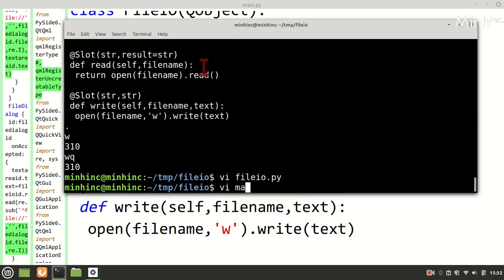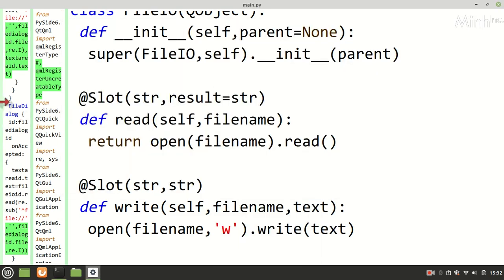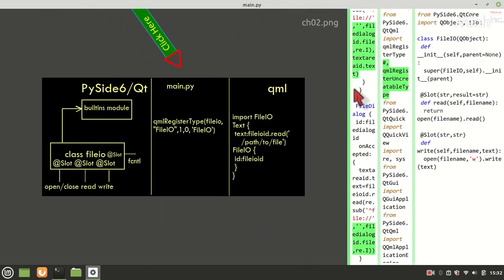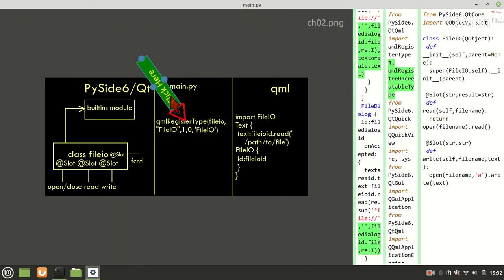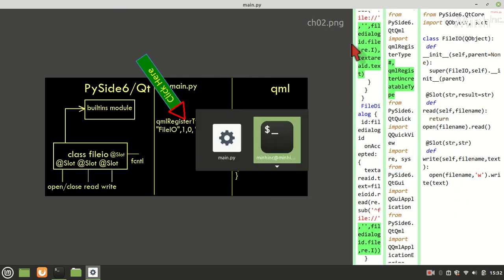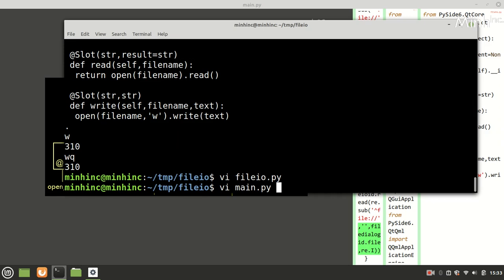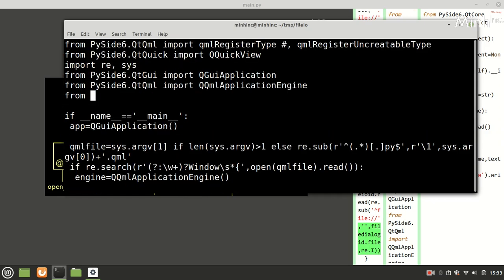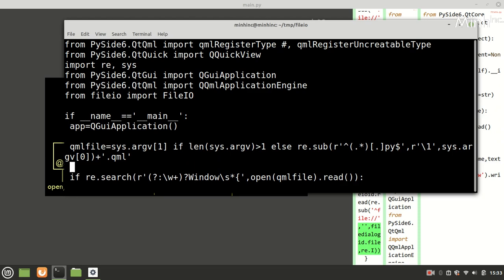Now, as per our design, we have to use qmlRegisterType. So we'll open main.py, from file IO import file IO class, and here we can do qmlRegisterType, where the file IO class, file IO module will become again file IO.